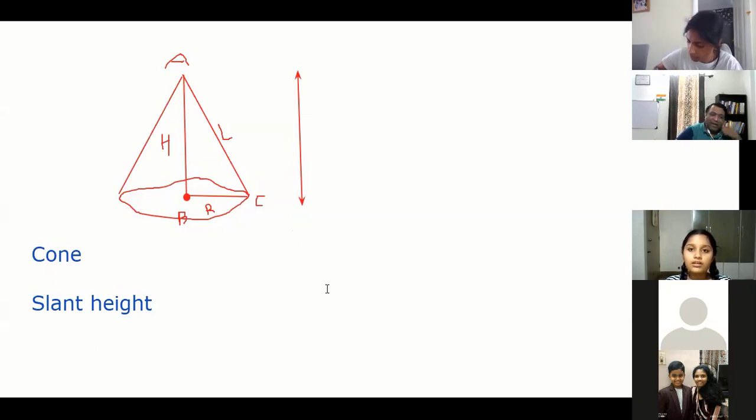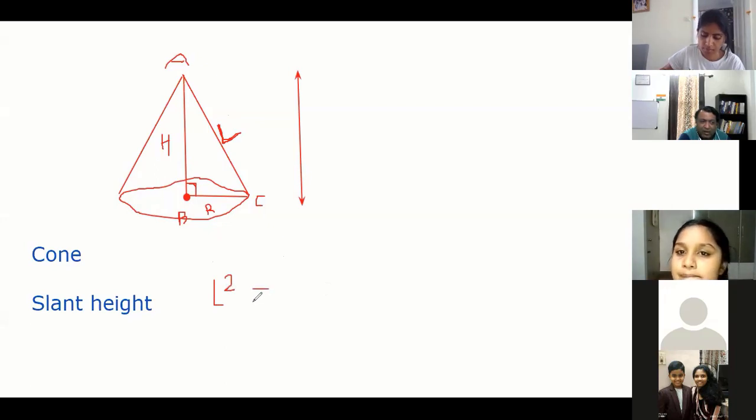Now, if anybody remembers my triangle topic, right angle triangle, can anybody tell me the relation between L, R and H? We've done a lot in our triangle. Slant height, height and radius. Which triangle is it? Pythagoras theorem. It's a right angle, right? L is your hypotenuse, R is your base. So you'll say L square will be equal to R square